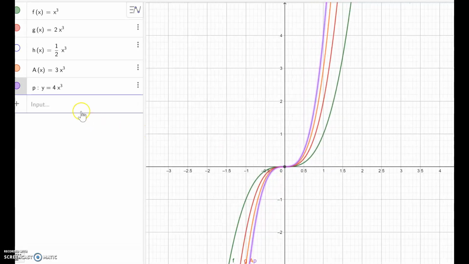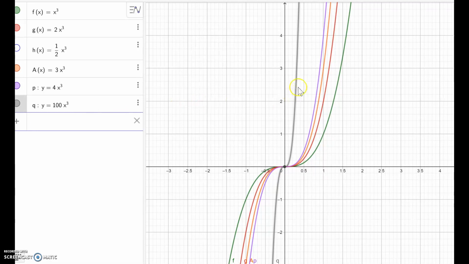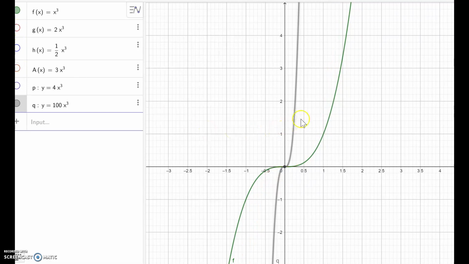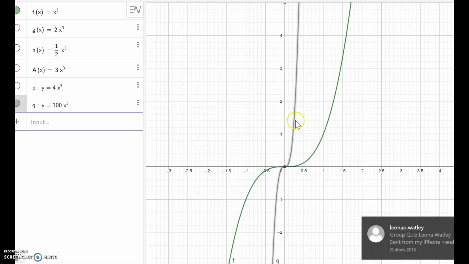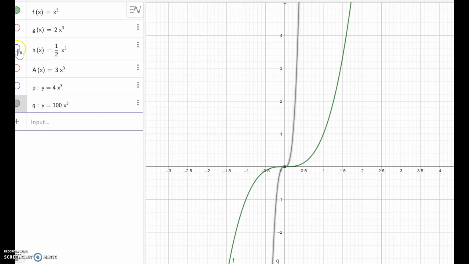Okay, so let me make another one. y equal to maybe 100x to the cubic power. Then what happened? So as you see, this one is way over here compared to the green line. So I'm going to turn off all other functions so you can see better. This is 100x cubed. This is just x cubed. So as you see, this one is much closer to the y-axis. And then on the other hand, one half x here